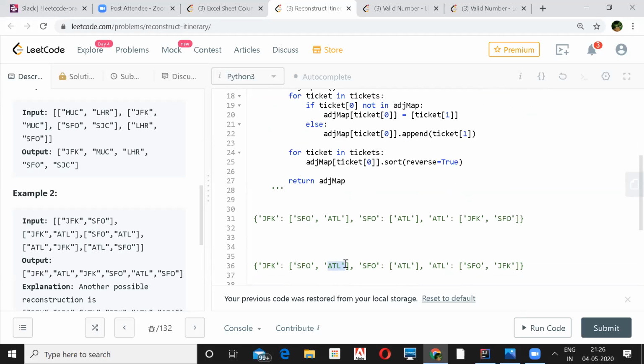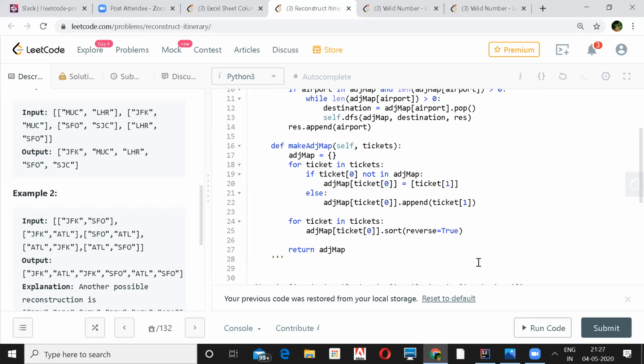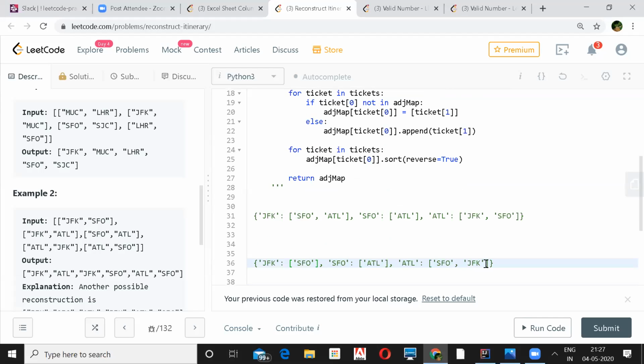Now once I pop out ATL, ATL will be removed from here, and I'll check where ATL is in this dictionary. ATL is here, and corresponding to that you have SFO and JFK. Again, I'll traverse on that. I'll take JFK, pop JFK from here and go to JFK, and I'll see SFO is there. Still your length is greater than 0.